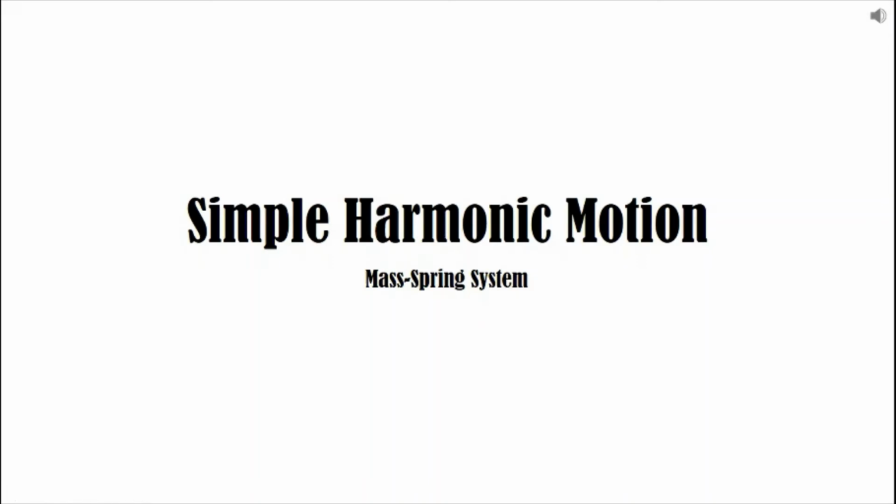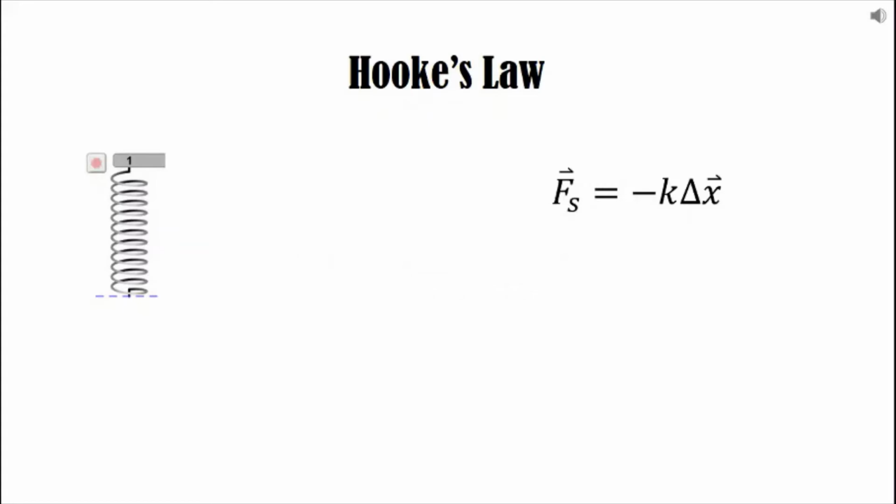What we're going to do with our findings from the mass spring system FET is come up with a justification for the expression that we said described how the period of a mass spring system behaves. But to describe the behavior of any kind of oscillating system, including a mass spring system, you have to have a driving or restoring force for the oscillation, and that's described by something called Hooke's law, which you were told